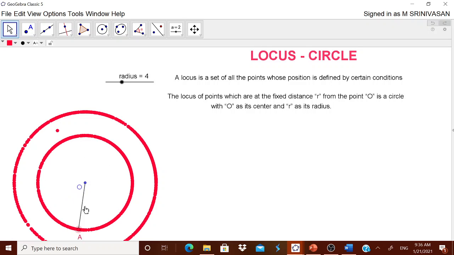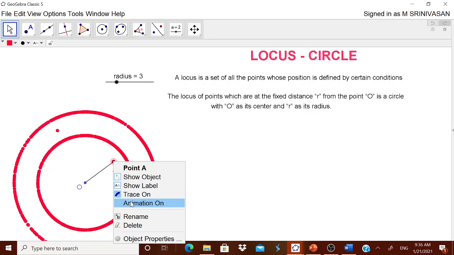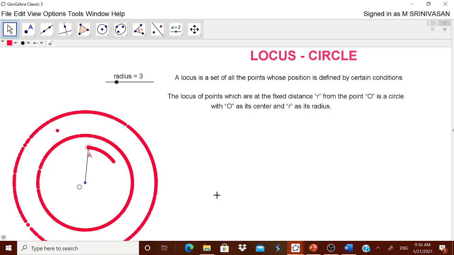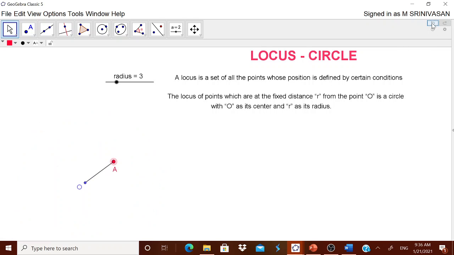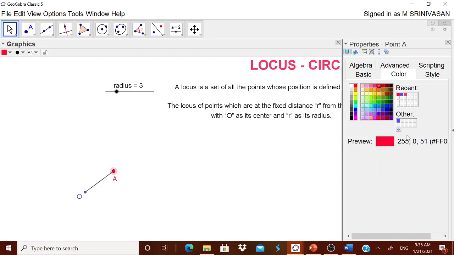Suppose if you want the animation to be done automatically, what you have to do is, I will keep it as 3 and then I will right click and then click this animation on. Automatically it will start. Remember, if you want to hide all of them, simply go for this undo. Automatically it will go. Suppose if you want to control it, go to the object properties.